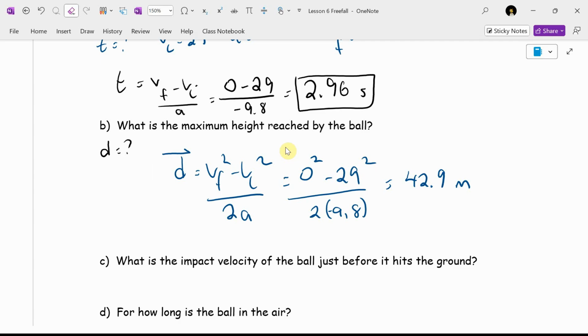What's the impact of the velocity of the ball right when it hits the ground? I'm going to give you a hint. You already know the answer. It's also why I didn't leave you any space to show work for part C. You'll notice only a tiny bit of room. Tristan, what goes up must come